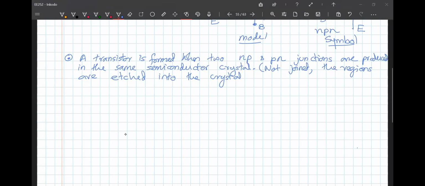Okay, we need to keep that in mind. We don't combine different semiconductors, we just etch them by diffusion. The behavior can be